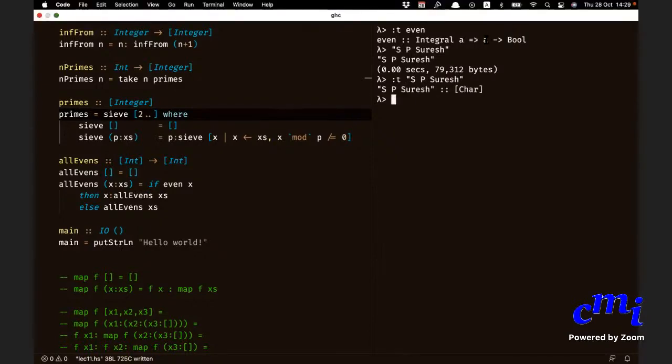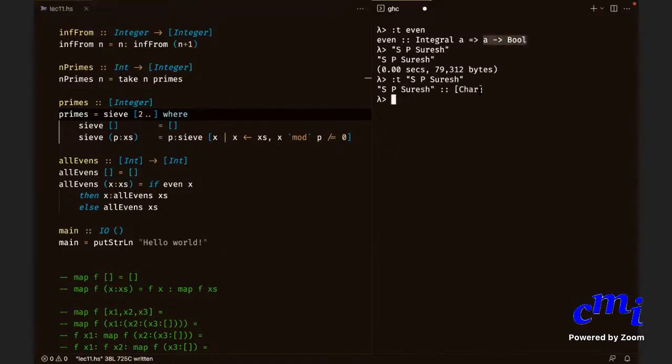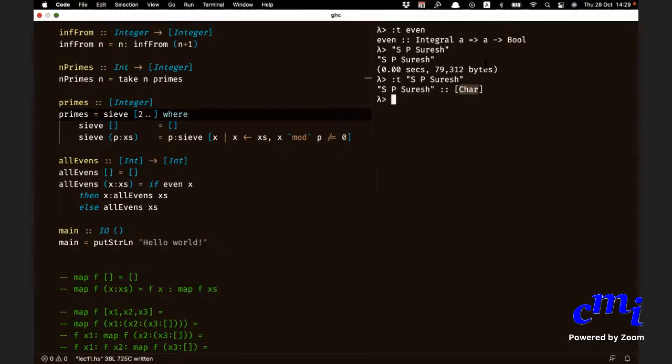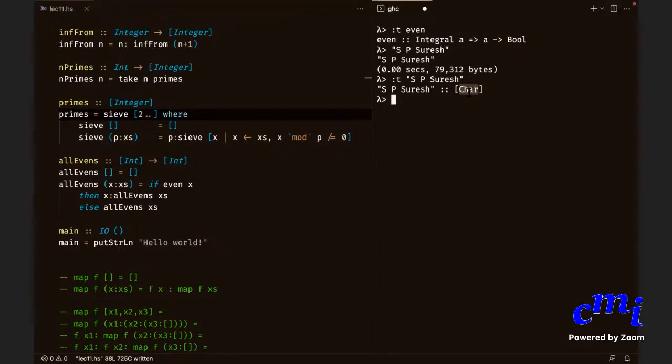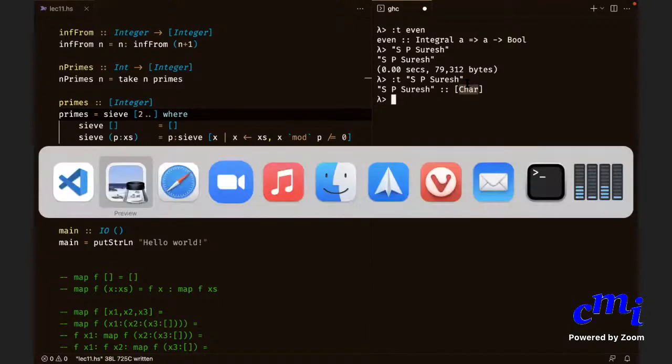So the a in a arrow bool and the a in the list should match, and character doesn't fall under the integral type class. That is the point. Whatever type is here, it should belong to the class Integral, and character is not an integral type.